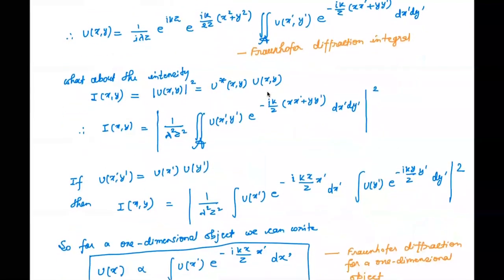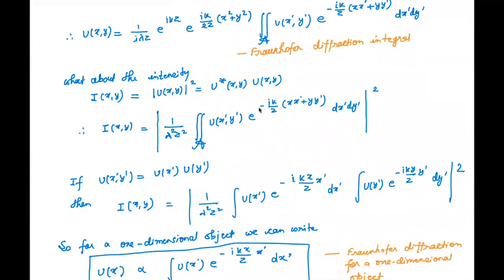Okay. Now here, let me ask, how many of you have done Fourier transform? Sir, by the way, won't the lambda square z square be out of the mod square? Yeah, you can take that out of mod square. No issue there. Yes. Because otherwise. Yeah. So, sorry. Okay. I know what you mean. That is absolutely correct.